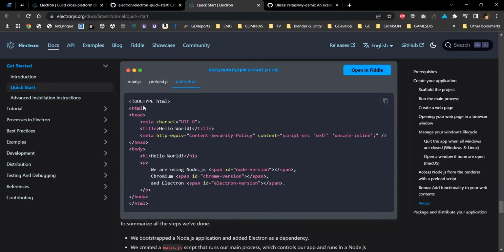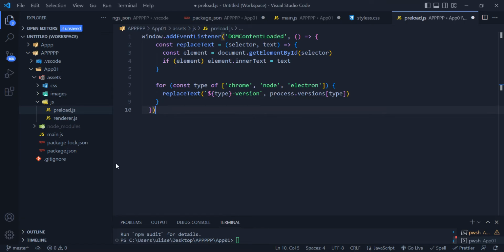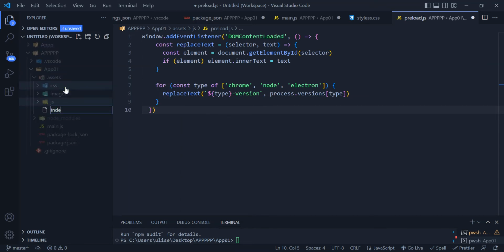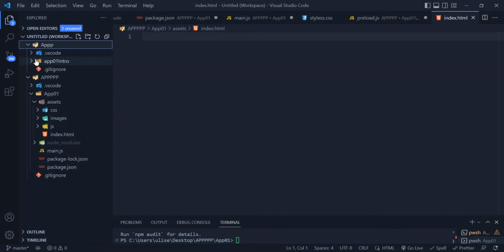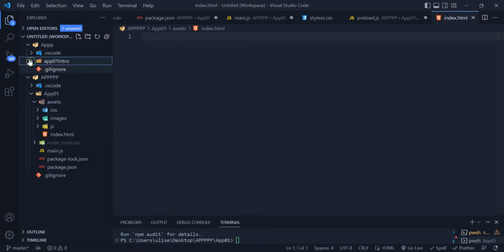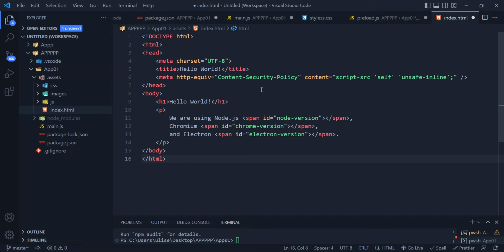And we have to create an index. This is going to be inside assets itself, index.html. I think I did that. Yeah, inside index. Okay, so now inside index we copy this